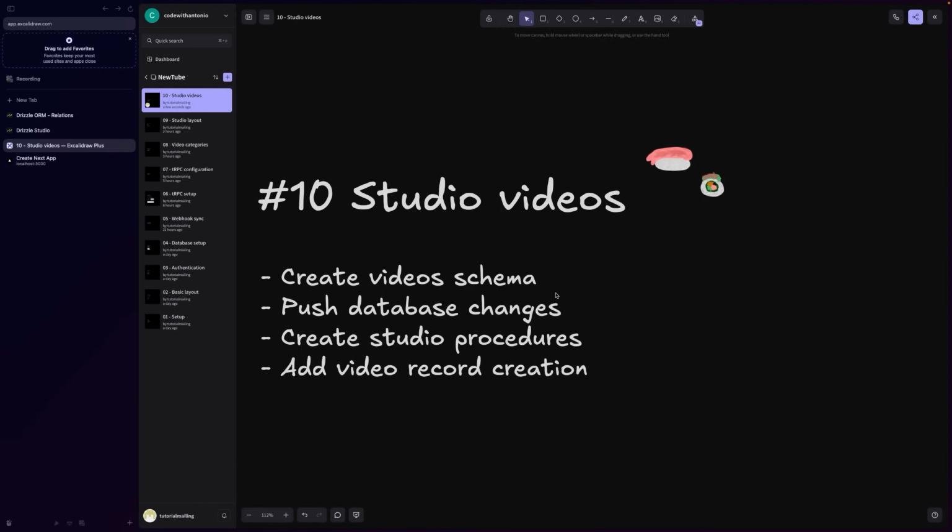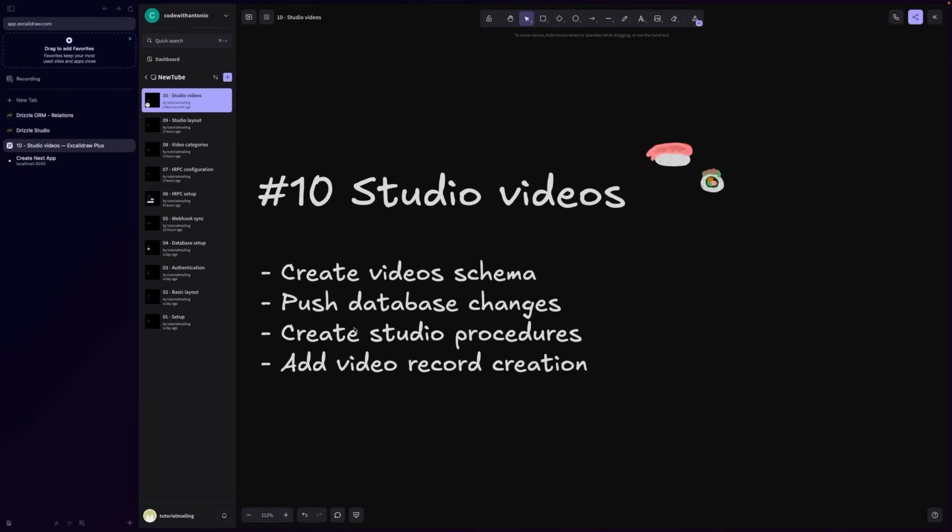In this chapter, we're going to focus on creating studio videos. By that, I mean we're going to create the basic video schema for our database. After that, we're going to push those changes to Neon database. Then we're going to create studio procedures so we can finally add record